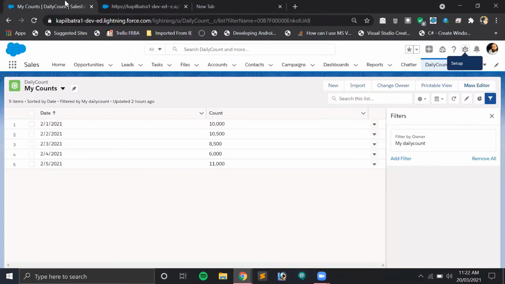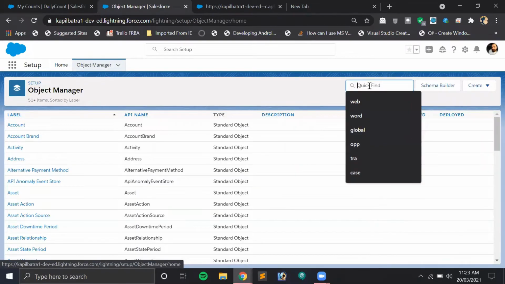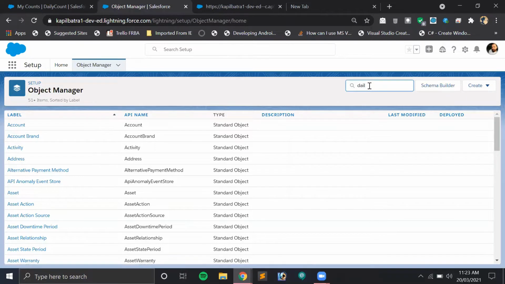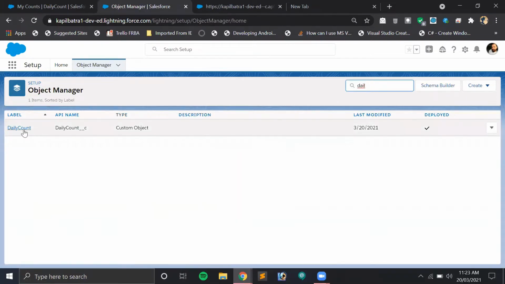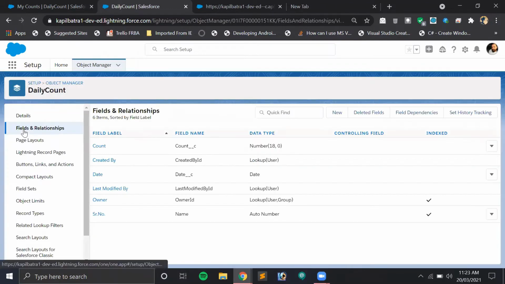Okay, so guys, first of all, you need a custom object to display the data. So let me just show you mine. Okay, here it is. So my custom object name is Daily Count. So guys, in this example, you can just have any number of count in the calendar chart.